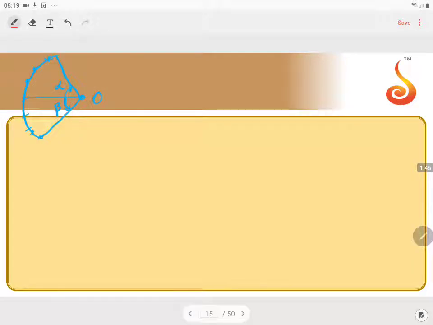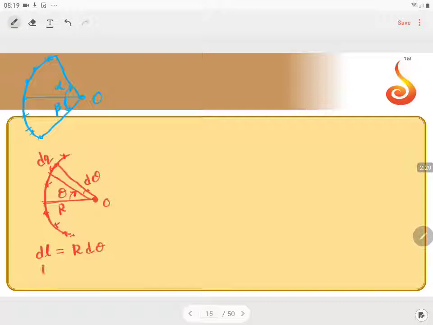So now we consider a small elemental charge on this. Consider a small elemental charge dq. This dq will subtend an angle d theta, and so this considered element will make an angle theta with this horizontal reference line. So this is r. Now, what is the length of this element? The length of the element will become r d theta.